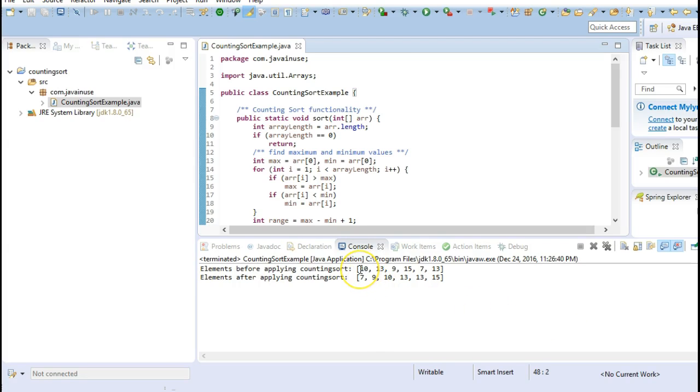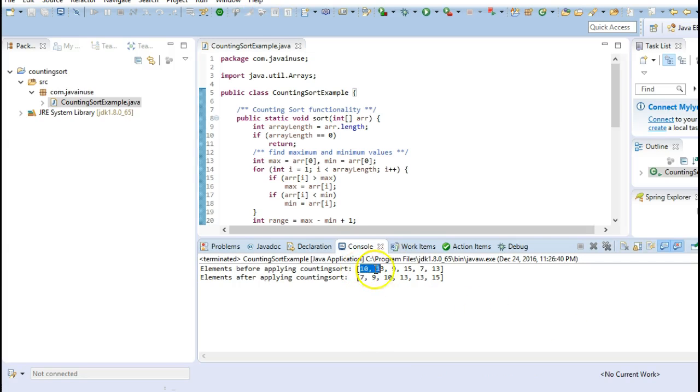So here we are getting that before applying counting sort, the elements were these, and after, these elements have been sorted properly.